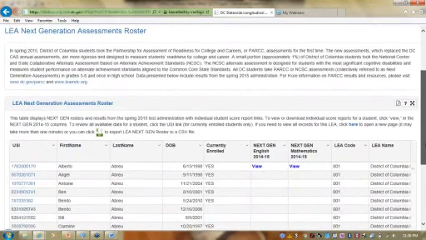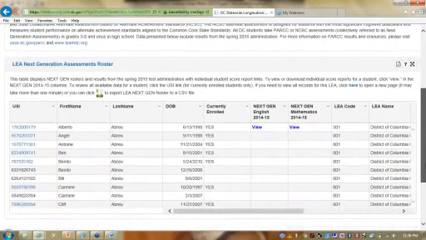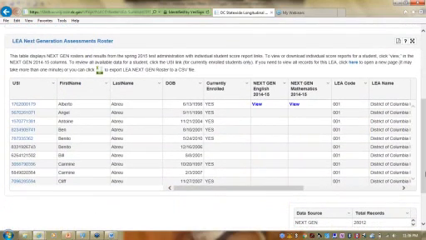So I'm going to scroll down here, and this is sample data. What I'm looking at now is my LEA Next Generation Assessments roster, and I have information here for every student in my LEA. If the student was currently enrolled, I would see their PDF forms over here where I would be able to